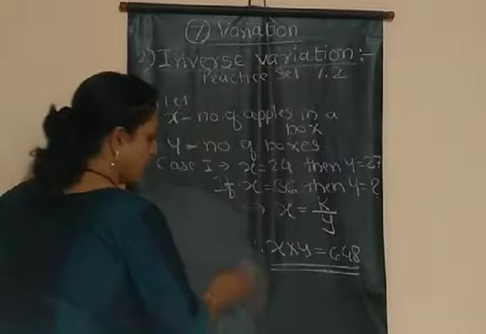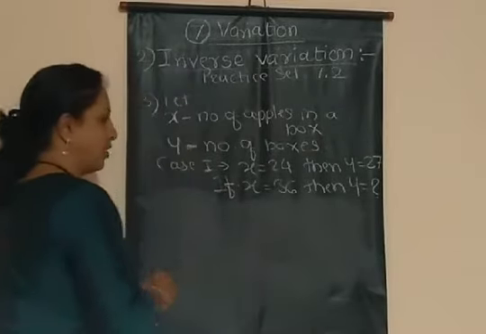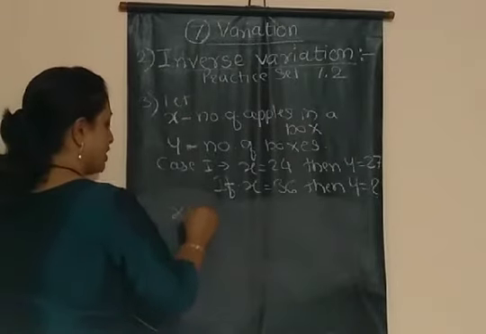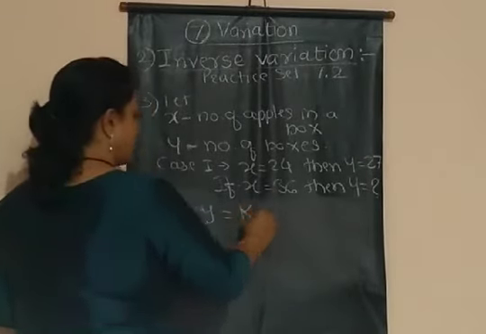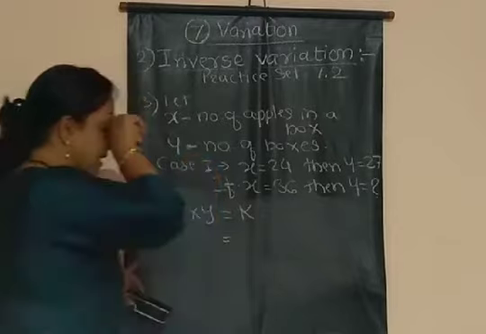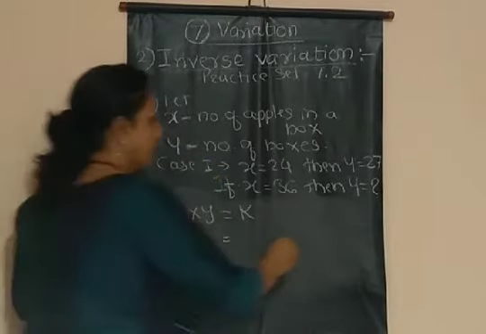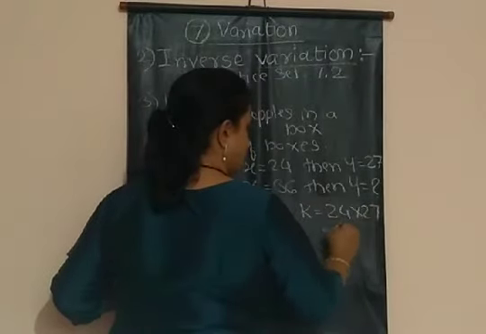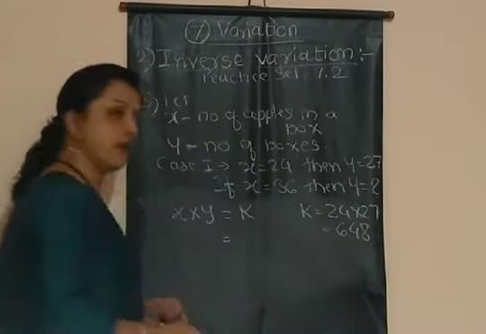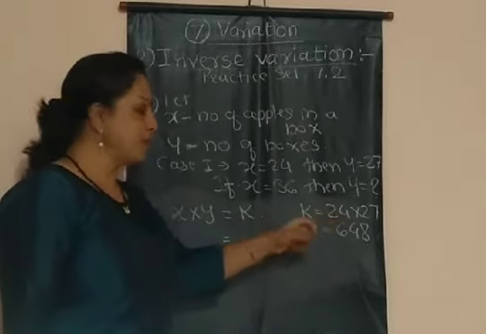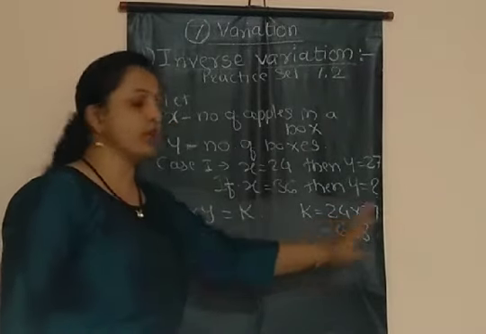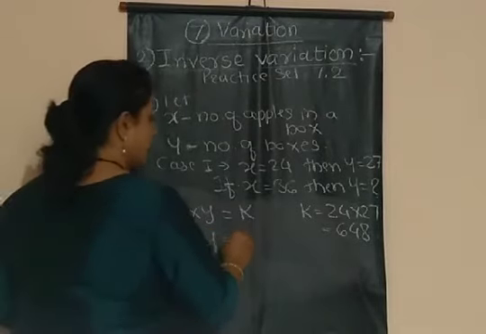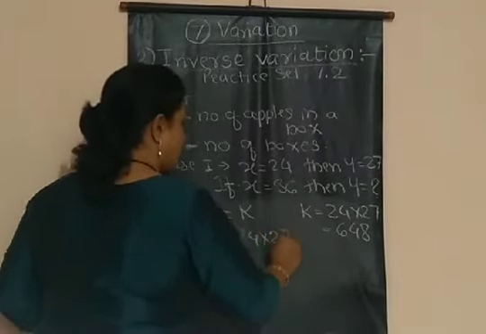Write down first this. Find the value of k first. Okay, and now we have to find out the value of y. So what is the equation of variation? x into y is equal to k, and the value of k is 648. You can also write that k is equal to 24 into 27. That is 648. Instead of writing 648, for our simplicity we can write 24 into 27. So just write x into y is equal to 24 multiplied by 27.